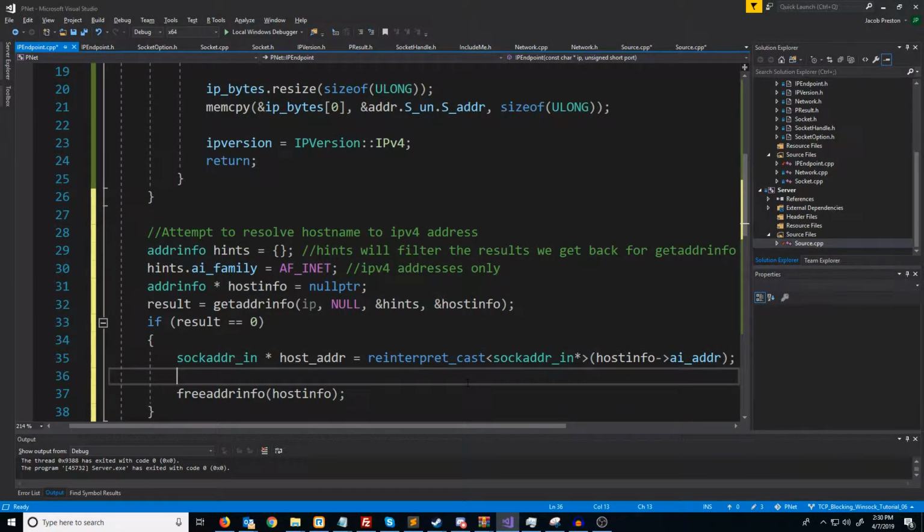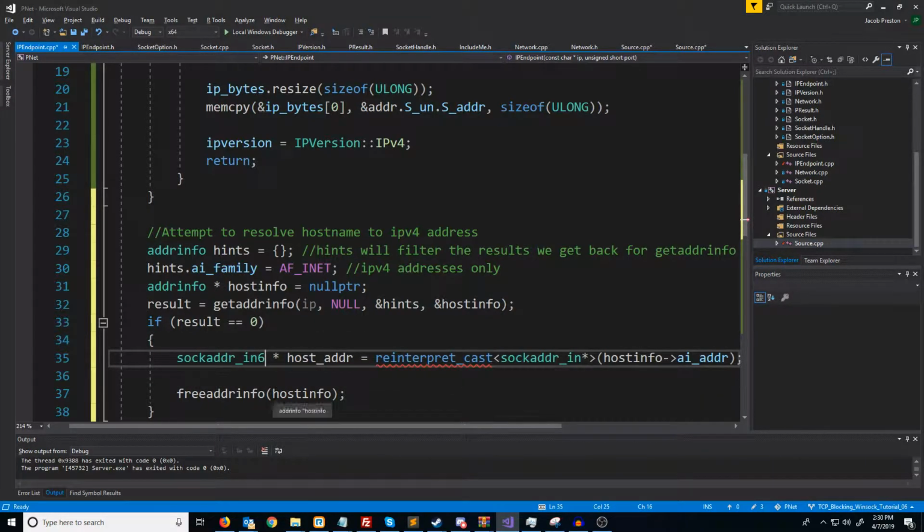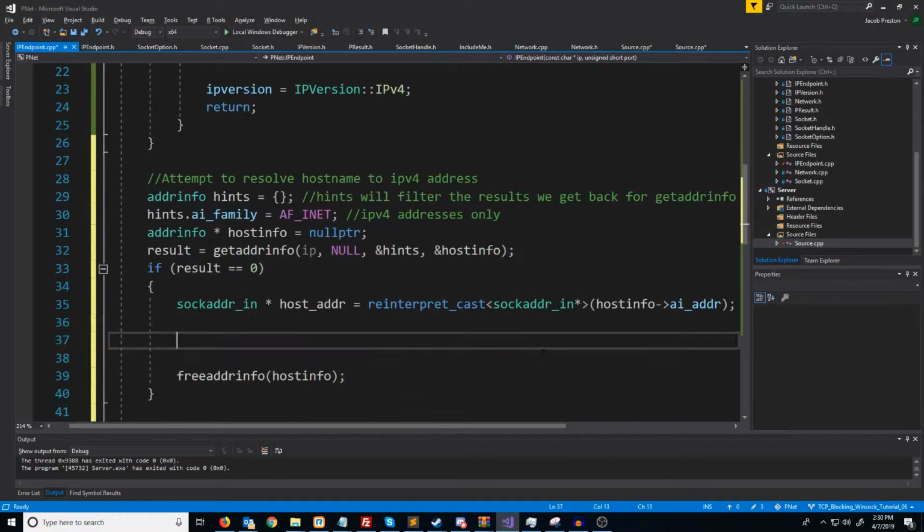If we were using Internet Protocol version 6 and we got back an address, we would use the sockaddr_in6. But since we're using version 4, we are using sockaddr_in. Next, we want to take the IP address for this and get it in presentation format, because currently it'll be stored in network format. If we look at the host_addr, we look at the sin_addr member union, and then s_addr, this is how we will get to the network format for the 4 bytes representing that IP